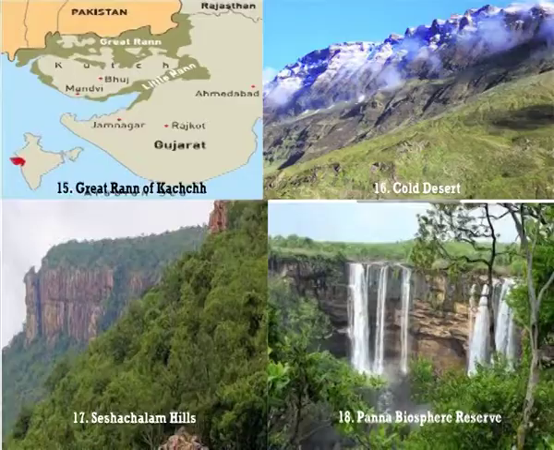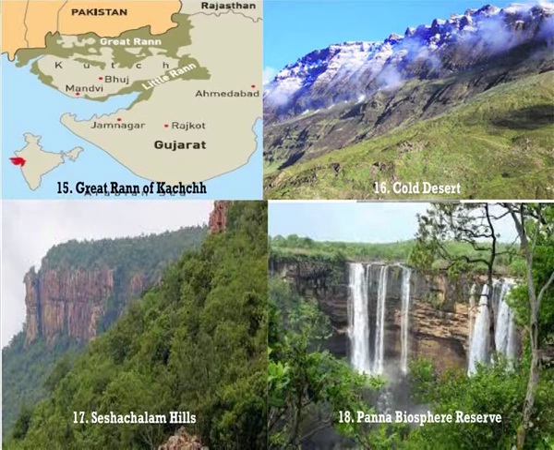So, we have the Panna Biosphere Reserve, which is again in Madhya Pradesh, and here also the vegetation is tropical dry deciduous, which is basically again a type of bamboo. So, in this particular biosphere reserve you will find some bamboo and grasses. It represents the northern boundary of the natural distribution of teak and the eastern limits of teak-kardhai mixed forests. We find tiger, chinkara, and the long-snouted crocodile or mugger here. Now, the Panna National Park or the Panna Tiger Reserve, the Gangau Wildlife Sanctuary, and the Ken Gharial Wildlife Sanctuary are part of this Panna Biosphere Reserve.